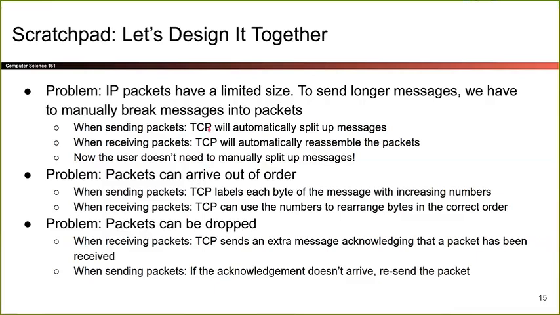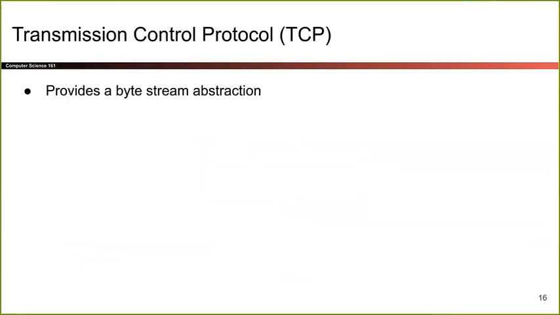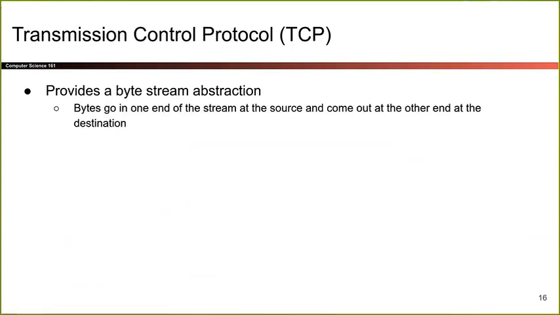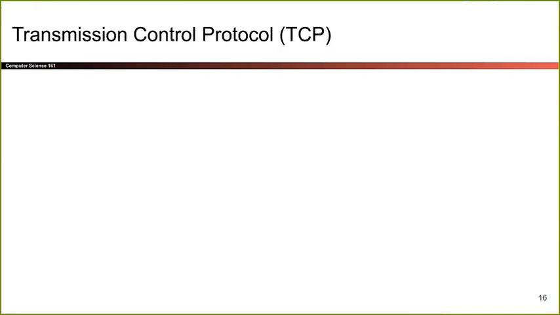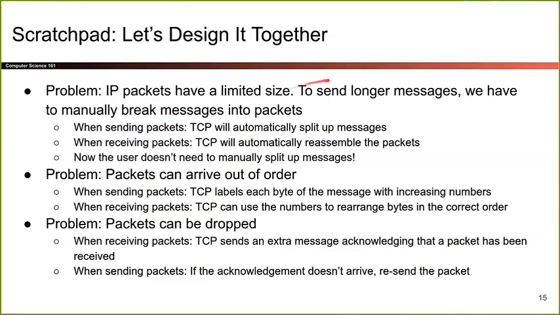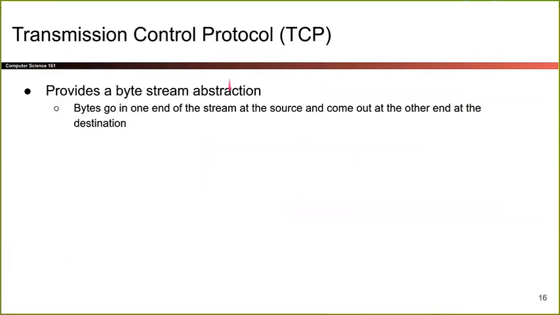So these are basically all the design goals that you're going to get out of TCP, and they basically solve all the problems that IP had. So now we can actually see it in action. So here's TCP. It provides what's known as a byte stream abstraction. That's kind of, again, a lot of words. But basically, a byte stream abstraction is what we talked about earlier, where we said, well, the problem here is I don't want to have to split messages up into packets. I would like to just be able to send a gigantic message, and TCP will break it up and reassemble it for me. So that's what a byte stream abstraction is.